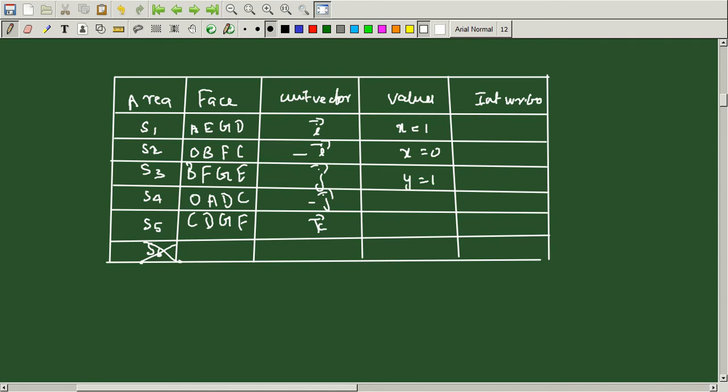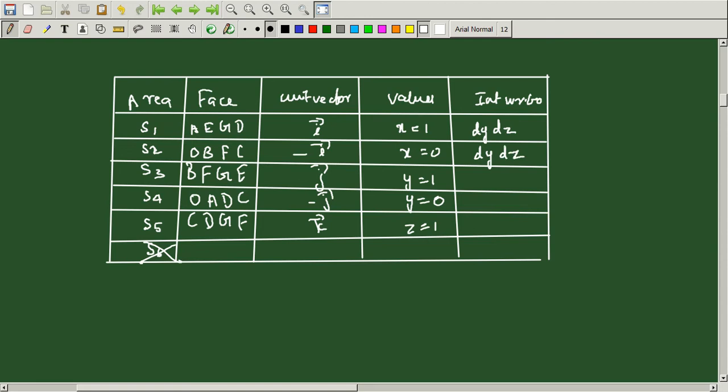y is also given 1 and the opposite of y is 0, z is also given 1, the opposite of z is 0, but that is not included. Now you have to integrate with respect to the unit outward normal vector. Outward normal vector means here this is the x-axis, just leave the x-axis and consider the remaining other two axes. That's why you have to integrate with respect to dy dz. Similarly, the next one also you have to integrate dy dz.